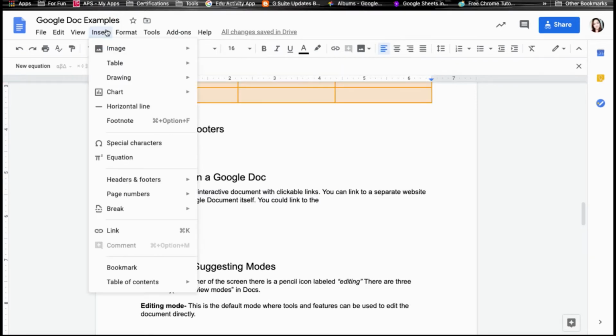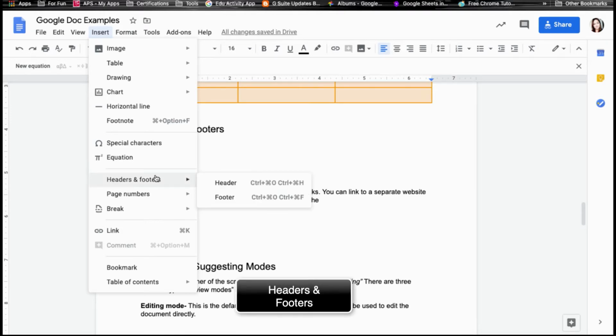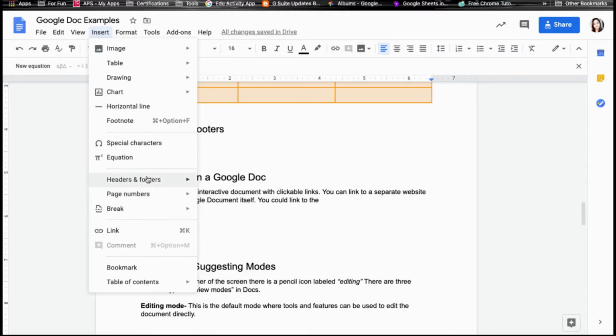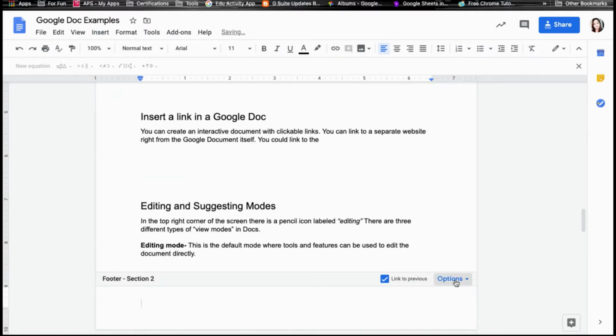And back to the Insert menu, we are still able to insert some drawings from either Google Drive or adding straight from Google Drawings, a chart, horizontal lines. You can add a footnote. The special characters and equations are tied in similarly to the equation toolbar. And I'm going to go here to headers and footers. Google Docs does have the ability to add a header and footer on each page, as well as to format page numbers. So I can either choose header and footer, and when I do that, I'm able to click here